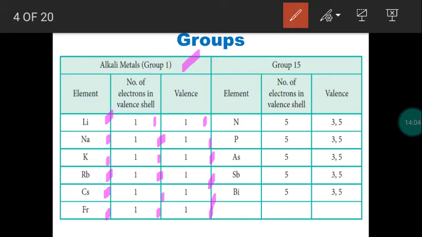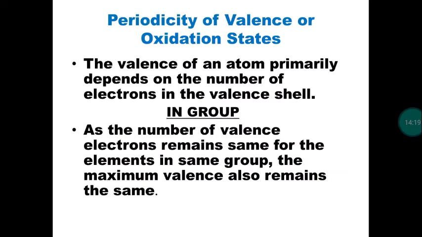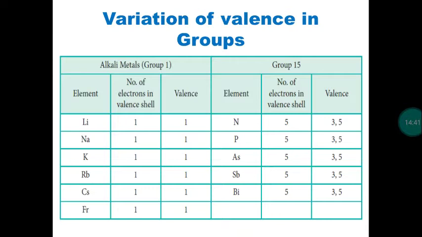So valence electron is nothing but valency. So first group elements have the same number of electrons in the valence shell, so valency is also the same. Right. So in a group, the number of electrons in the valence shell is the same, so all the elements will have the same valency in a group. So this is a variation, right? So in a group, valency will not be changed. All the elements will have the same valence electrons, so valency is also the same. For that, we have considered group number 1.